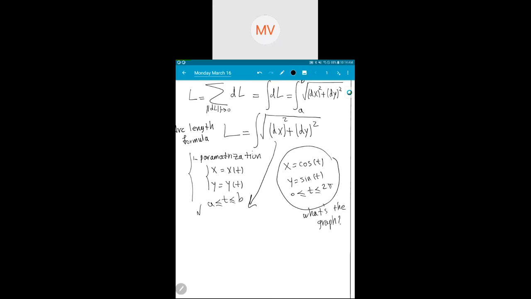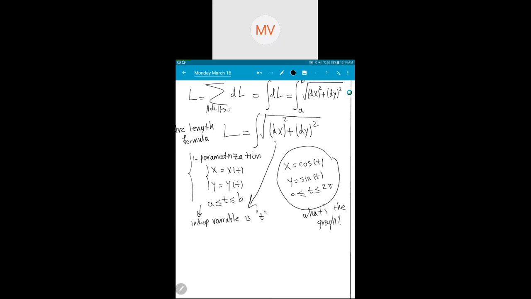Here the independent variable is t. It could be anything else, like r or s, but x and y both depend on another variable. So we should be able to adapt this length integration formula in terms of t,